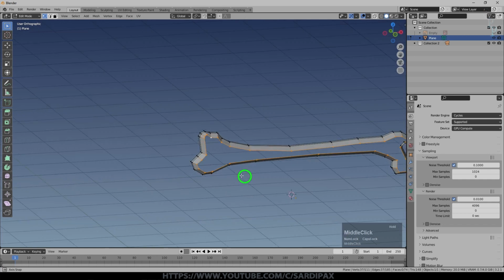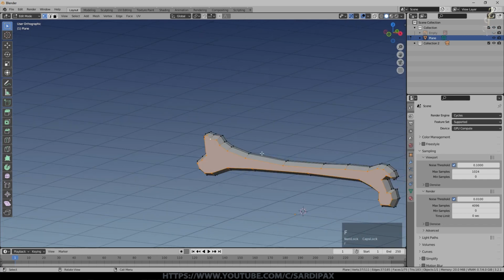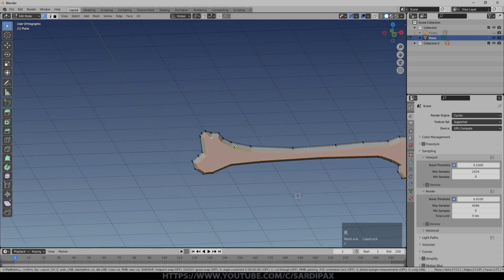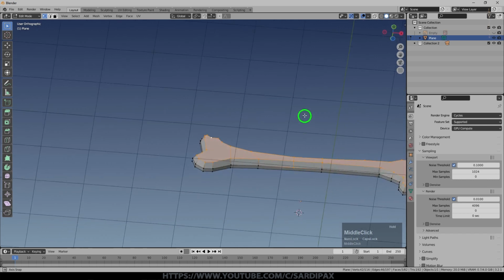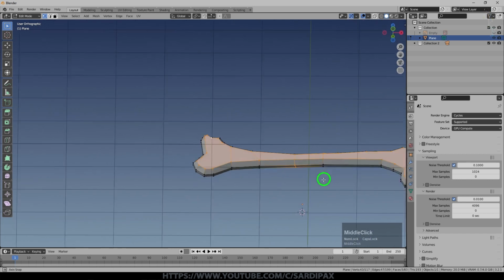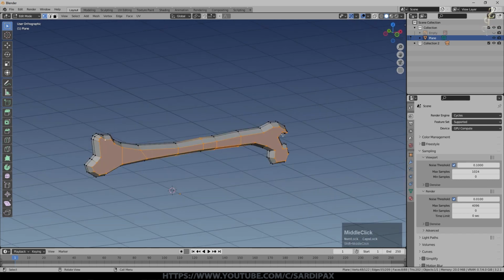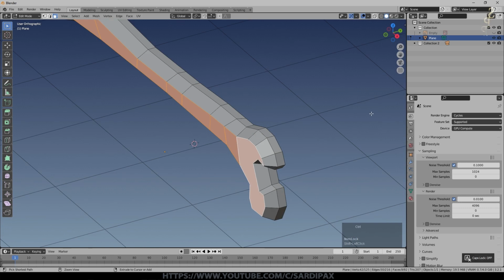And then there's a number of things you can do. We can just press F, for example. But what I would then do is use the K or knife tool and just add a few additional cuts there. May have missed one there. Really just to give you enough geometry to play with. And I'll put one more there and there, I think. So we can just select that end set of faces and we do Control B.